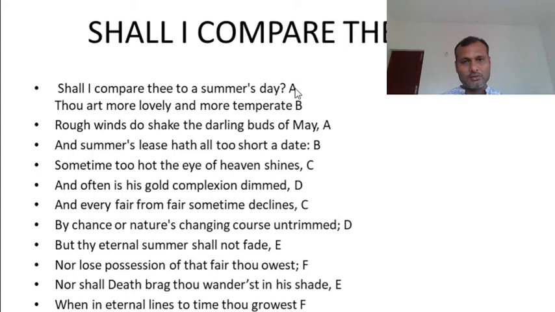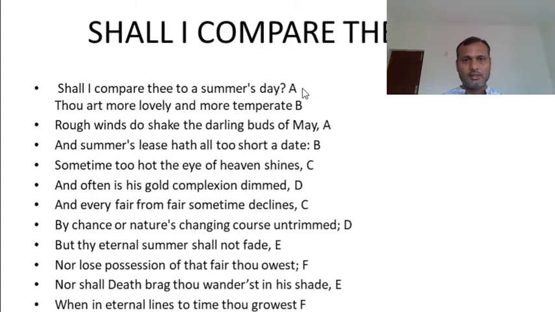So if it is quoted as A, and "may" also as A, and here in the second line, "thou art more lovely and more temperate." So this last word in the second line is "temperate," and in the same way the last word in line 4 is "date." So "date" and "temperate" are rhyming. So if "day" and "may" are AA, "temperate" and "date" are BB. So this is how a Shakespearean sonnet will have a rhyme scheme.